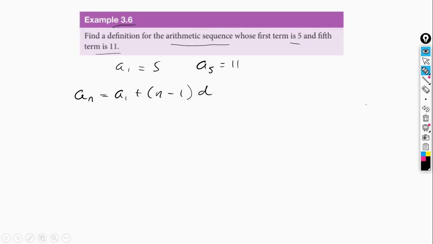So we don't have the common difference. That's something that we have to find. So how can we find it? We can plug the information here and find the common difference. So look, the fifth term